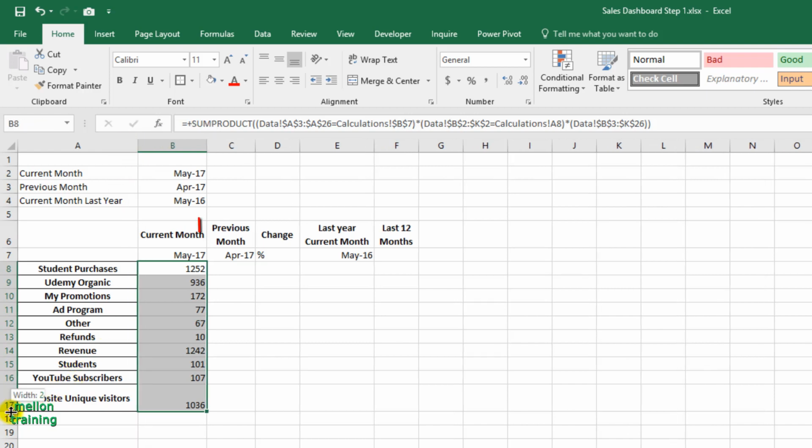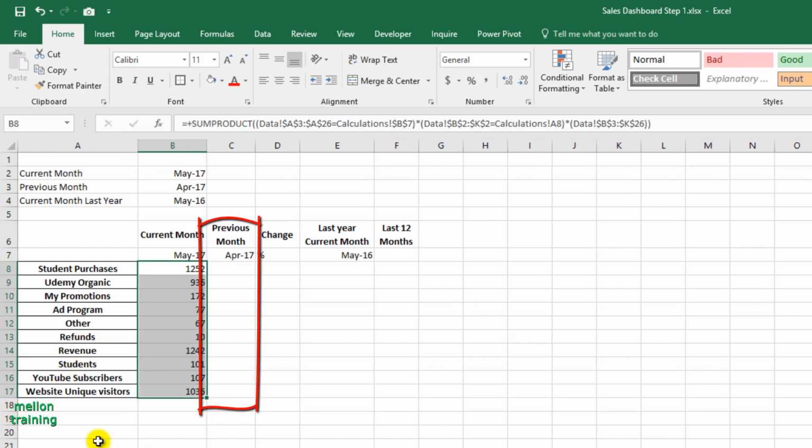With the same logic, I will use SUMPRODUCT for this and this column.